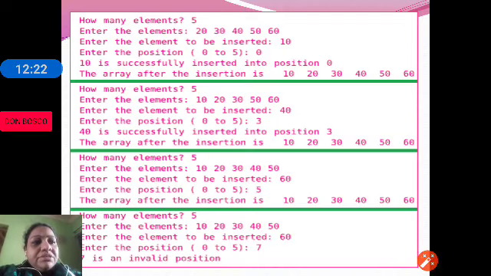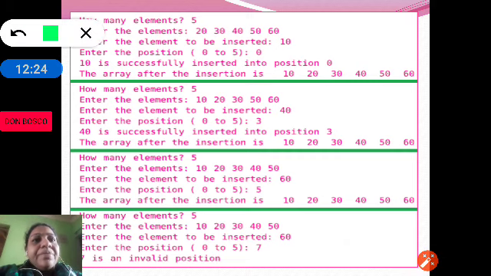Let us check the sample run of this program. The element to be inserted is 10 and the position is 0. That means 10 will come to the first position. As you can see, 10 is inserted, and before it was 20, 30, 40, 50, 60. Now 10 has been inserted.